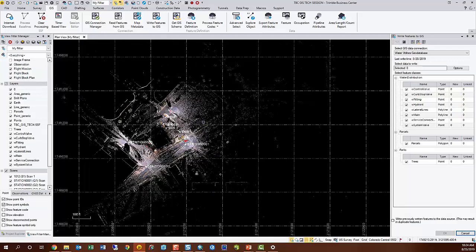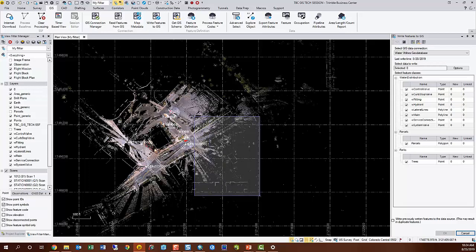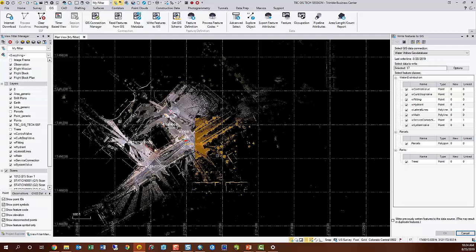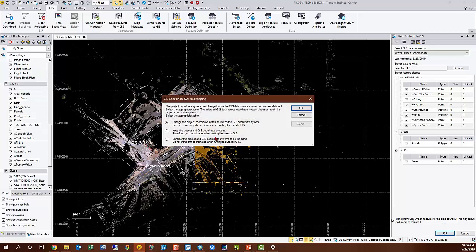We'll do the TerraSync data first. This will be all our points over on this side. Once we select them, it looks like we've already sent them once to the database, so they'll show as linked, but we can write them again if we wish. It may create duplicates in some instances, but we'll go ahead and write them again, and it may pop up your coordinate system manager,